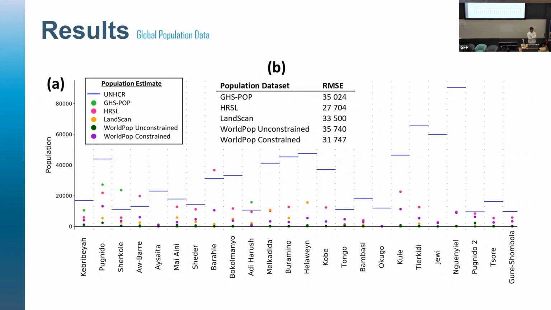Best is putting it probably incorrectly. The least worst data set was Facebook's data. So it regularly predicted, or on average, it predicted about half of each camp's population. So these sort of results suggest that global population maps probably aren't suited to the task of calculating camp flood